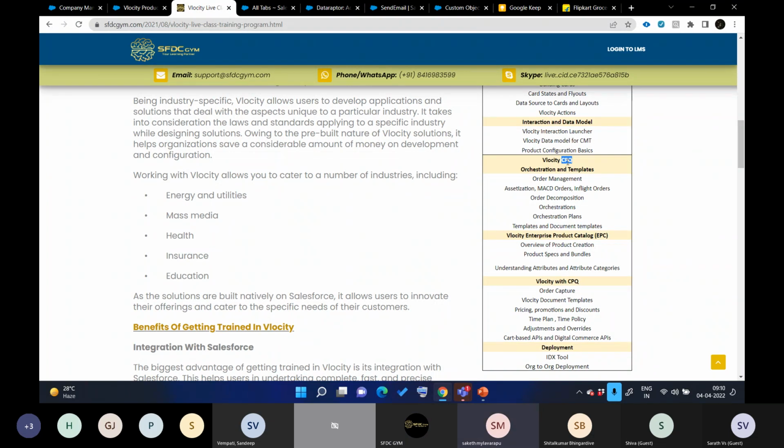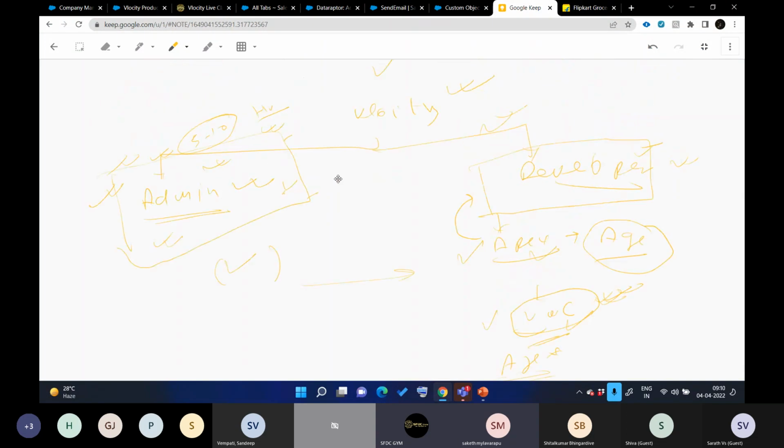So are there any limitations in Vlocity? Yeah, there are admin limitations, like we discussed here, based on the UI. The major limitation here is the UI, because there are two types of customers I have worked with. One customer only wants their functionality and doesn't stress much on how the UI looks. The other customer is very concerned about the UI, because they are selling their products to their own customers.